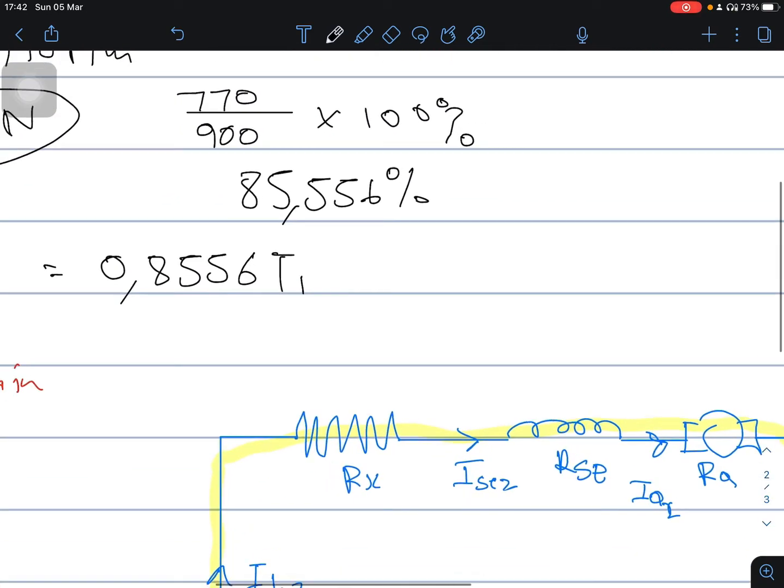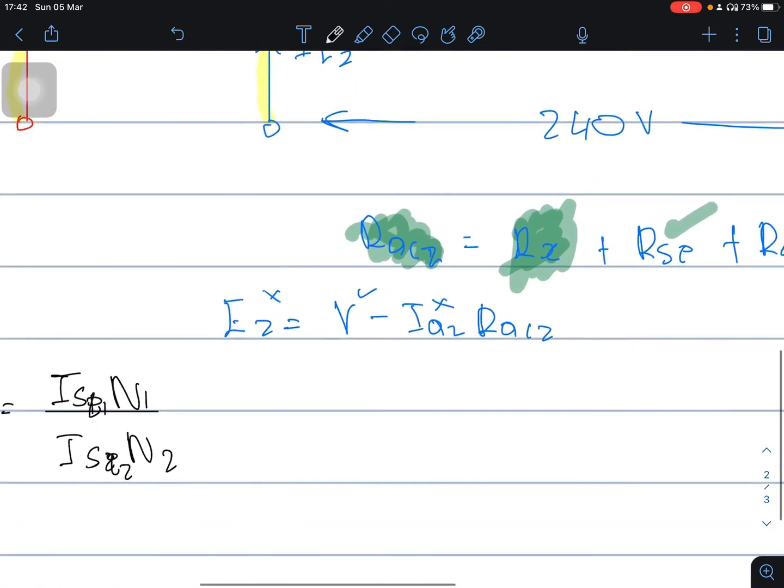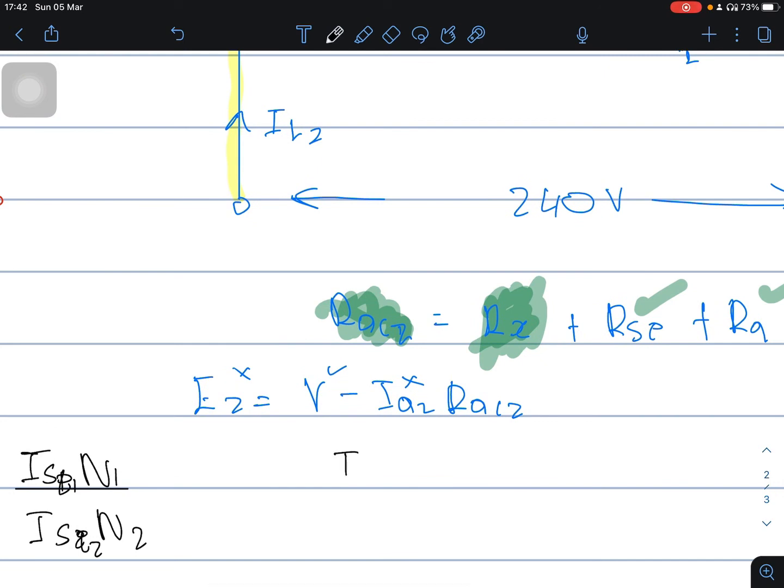Now that we have expressed T2 in terms of T1, we can say T1 over T2